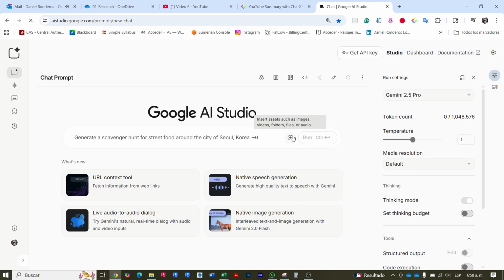The difference between Google AI Studio and other LLMs like ChatGPT is that it is a multiple platform that allows you to create speech or to create images or go on live audio to audio dialogue or create different things. I'm not gonna go into much detail about how to use Google AI Studio,